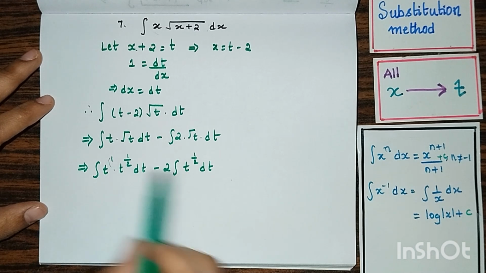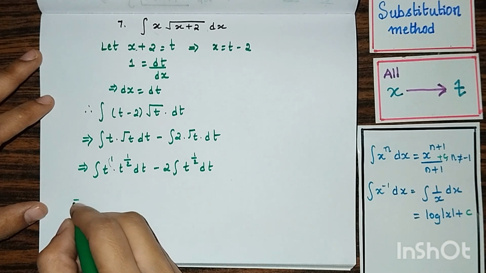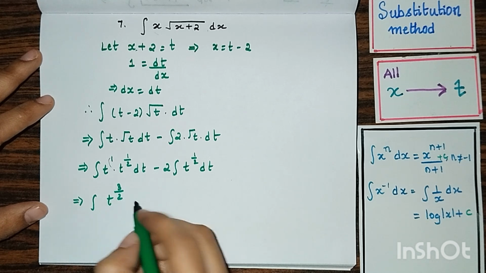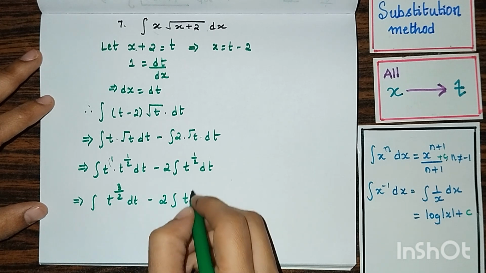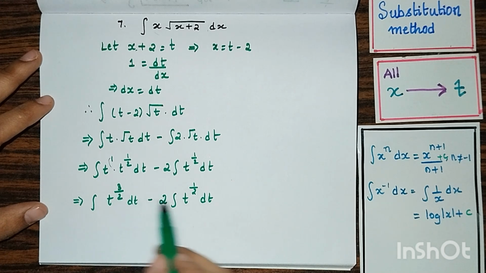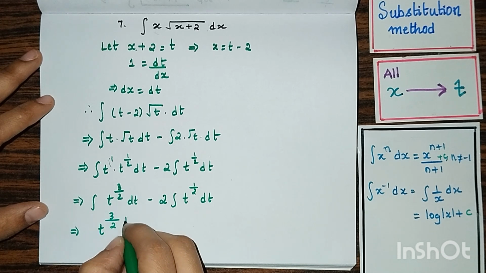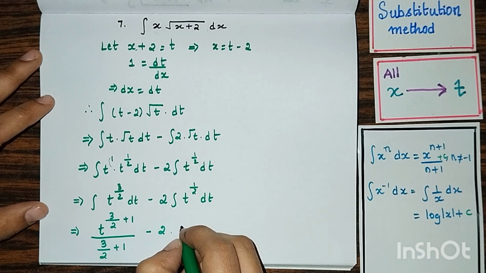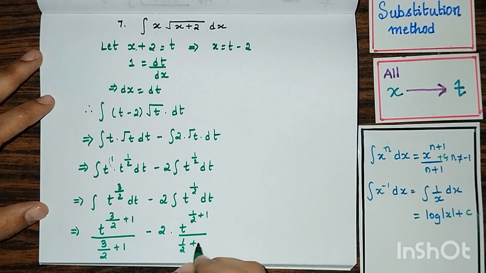So why are we writing in this form? So that we can bring it in the form of x to the power n and we can apply the formula. Now this implies integral of t to the power 1 plus 1 by 2 will be 3 by 2 with respect to t minus 2 into integral of t to the power 1 by 2 with respect to t. So now both the terms are in the form of x power n. So this implies t to the power 3 by 2 plus 1 divided by 3 by 2 plus 1 minus 2 into t to the power 1 by 2 plus 1 divided by 1 by 2 plus 1